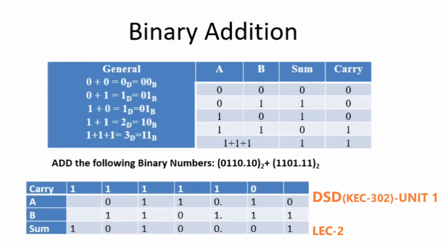In number system arithmetic, we will first cover binary addition. These are the rules for binary addition, which can be summarized with two variables, A and B, for which we compute the sum and carry. So if we look at this here,